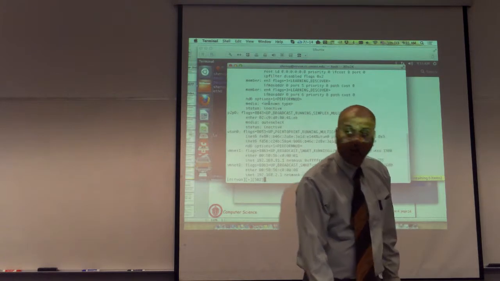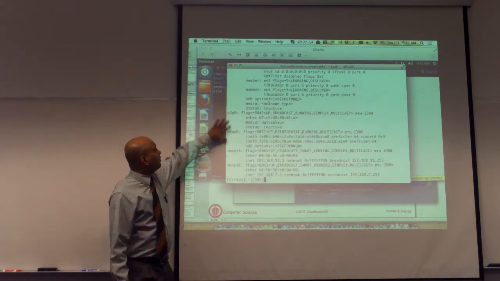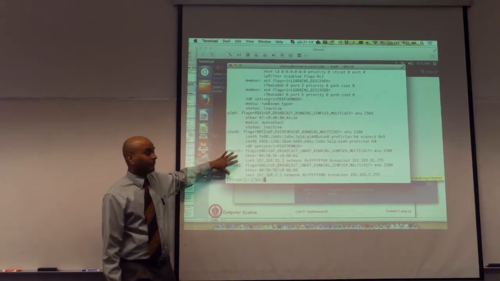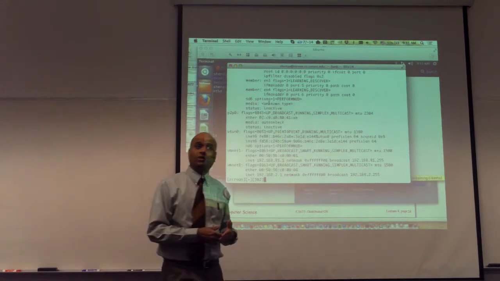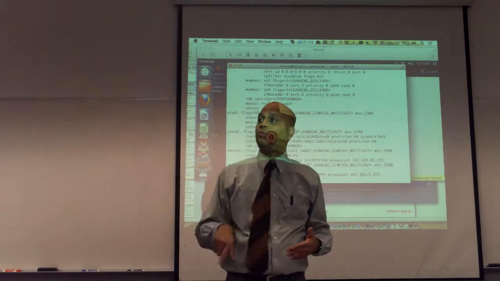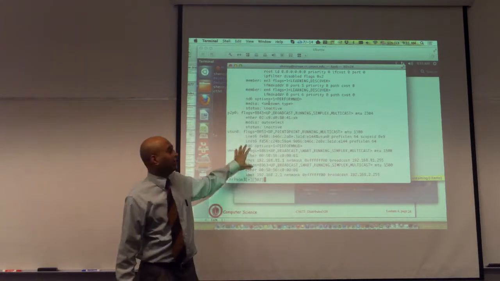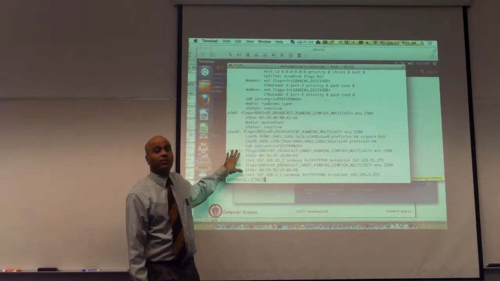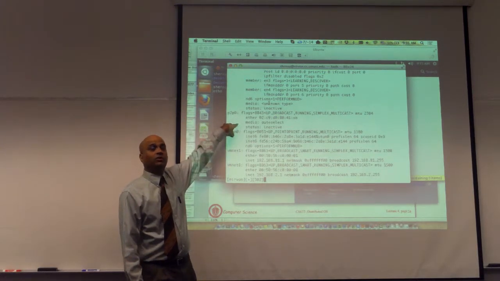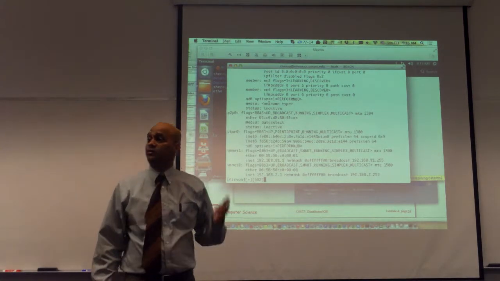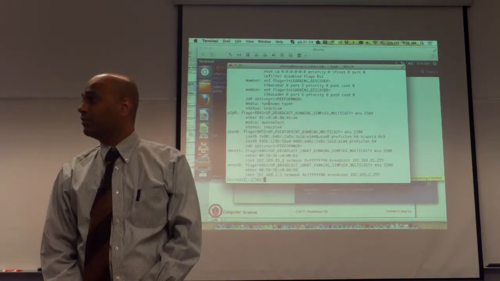And then you will see that what VMware has done on the native OS is it's created some more logical interfaces here. So you'll see VMNet 1 and VMNet 2. Those are actually logical interfaces that are mapped from the virtual machine onto the underlying physical interface. These are not additional cards that have got implemented. They're simply bridges that bridge the card inside the virtual machine to the Ethernet on the physical machine. So any packet that's sent from the virtual machine is directly actually sent on the physical interface.